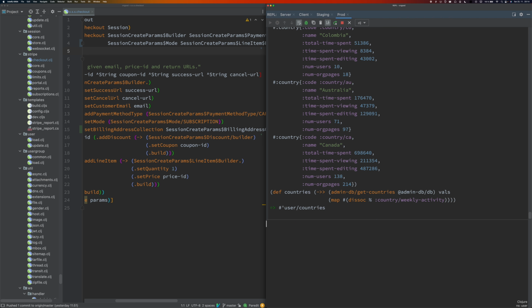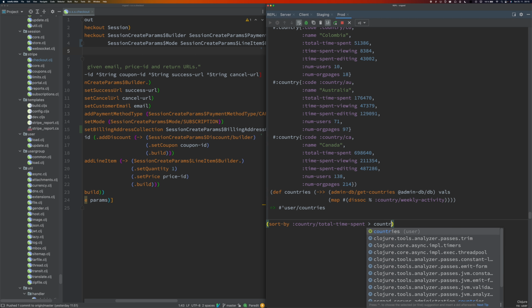And now, for example, we could ask, which countries use OrgPad the most? So we can use the sort-by function by country total time spent, and let's do the largest at the top.